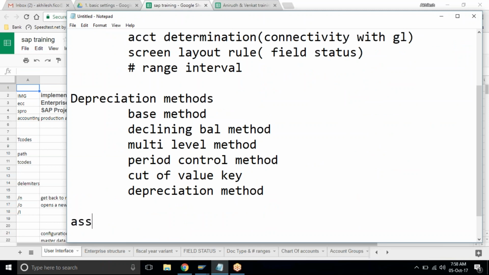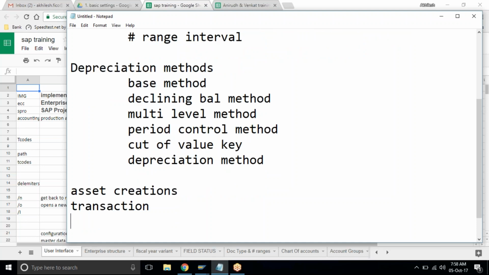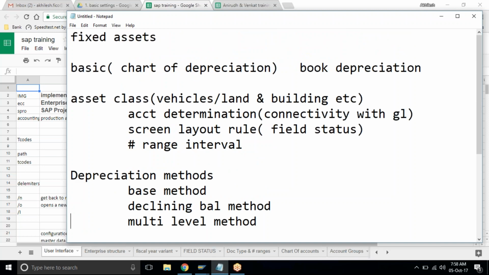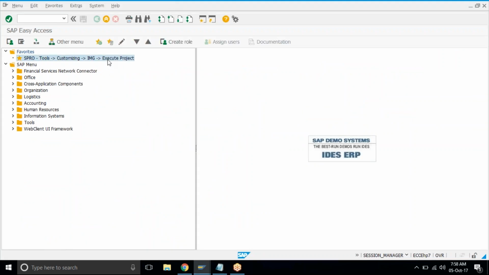Then we'll see asset creation, and then finally we'll run transactions like buy, sell, transfer, etc. This is what is going to be our schedule of action in this asset accounting class. It will be finished in roughly 2 to 3 classes. Let's see. Start with